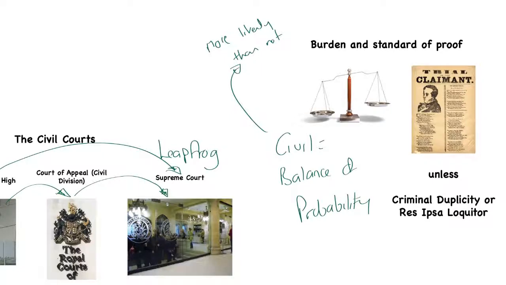That's going to be 51%. That's going to be 49%. Now, in fairness, it's going to be slightly less than that, isn't it? But I'm just working in whole percentages. The moment that the balance tips to make it more likely than not, 51%, then the standard of proof has been demonstrated.